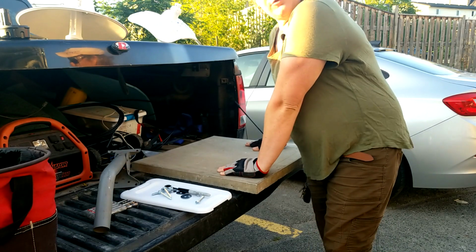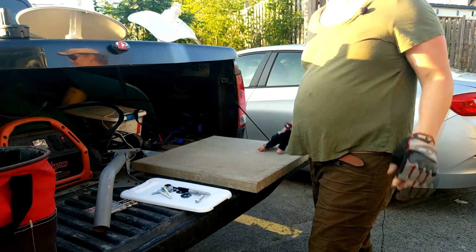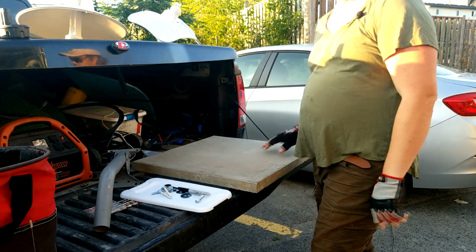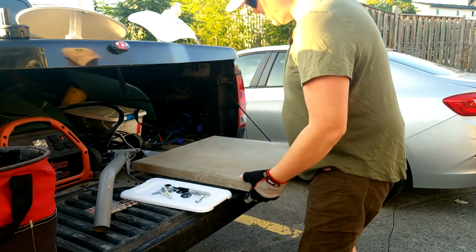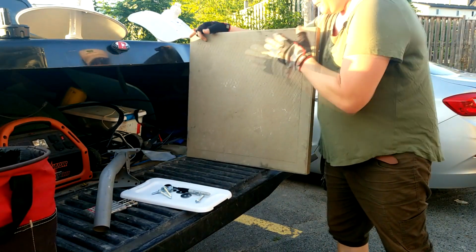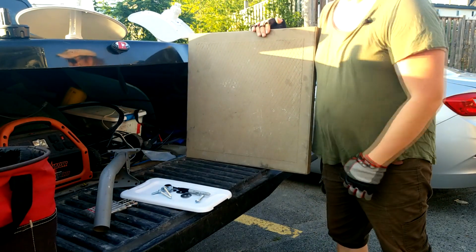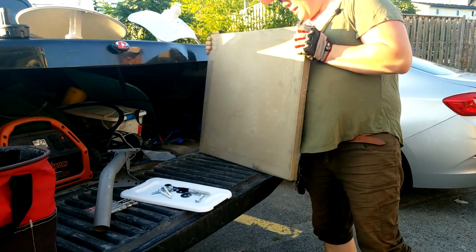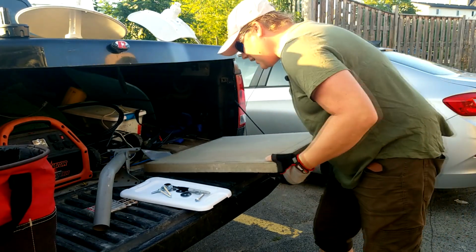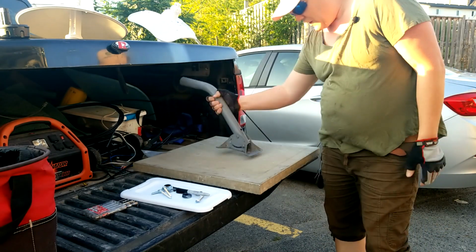It's trailer season. Actually, we're almost done trailer season. And as you know, if you put holes in a trailer, it's almost pretty much guaranteed to leak. That's a bad thing. So one of the little tricks is you can get one of these patio stones. These things are awesome. Get them at Home Depot for like 13 to 20 bucks. And here we go. You can use these to make a non-penetrating roof mount that's actually quite solid with a